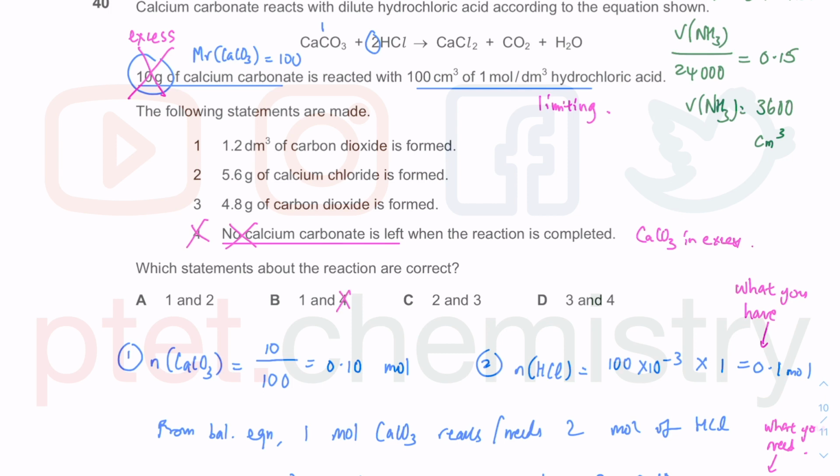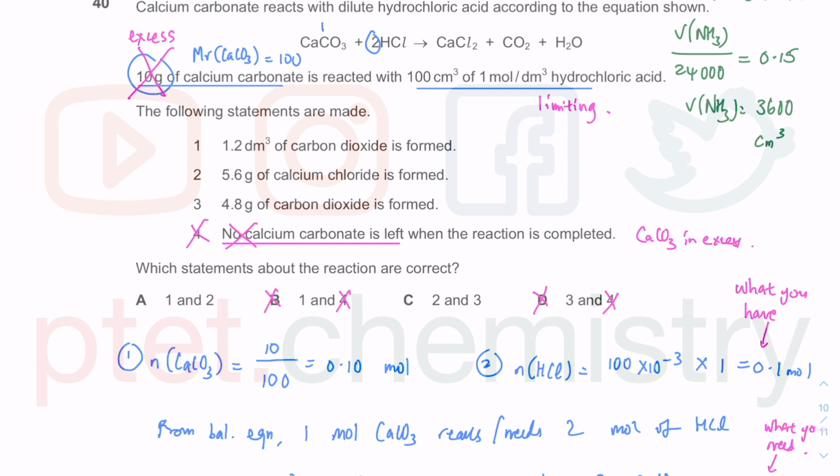If 4 is wrong, B is wrong. If 4 is wrong, D is wrong. So instead of checking all these 4, option A and option C, I already crossed out option 4 based on what I've done, limiting versus excess. They both have number 2, so I don't need to check number 2. They have 1 or they have 3, so I just need to check for either 1 or either 3, and that means if one of them is correct, the other one is wrong, because there's only one correct answer here